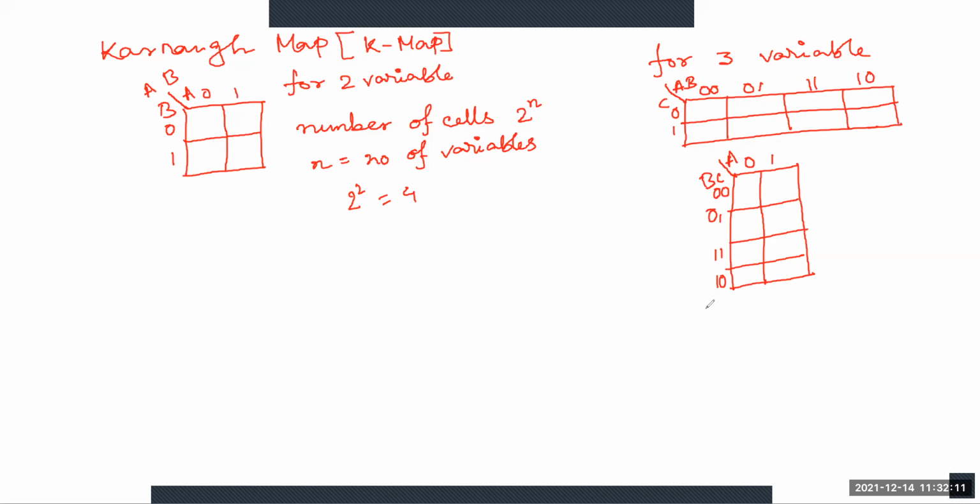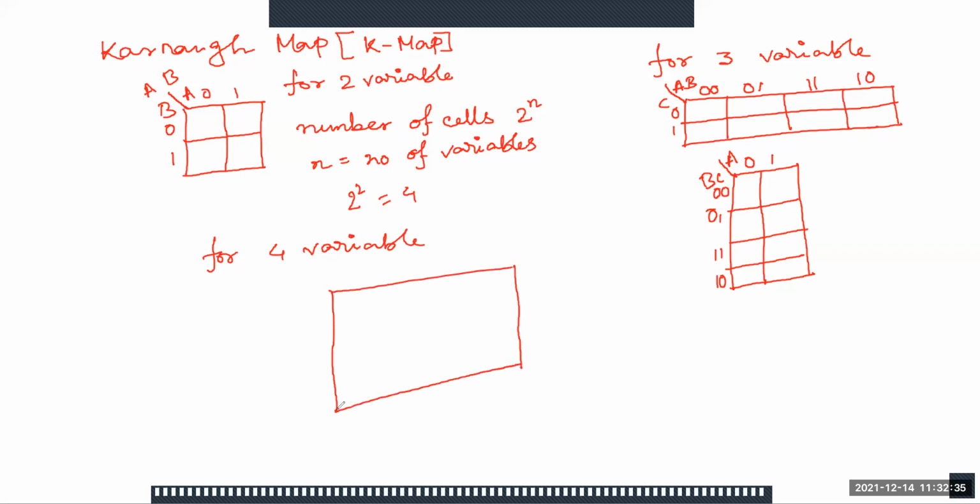Okay, so next is the four variable. For the case of four variable, how many blocks do we need to draw here? 16, because 2 to the power 4.